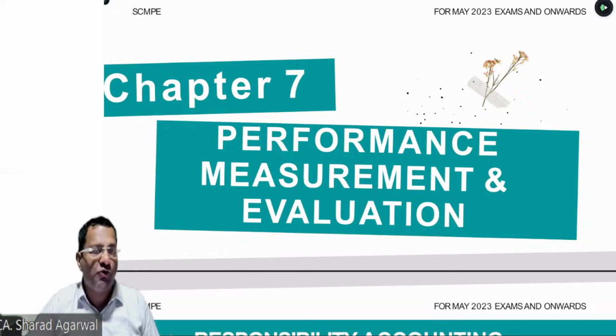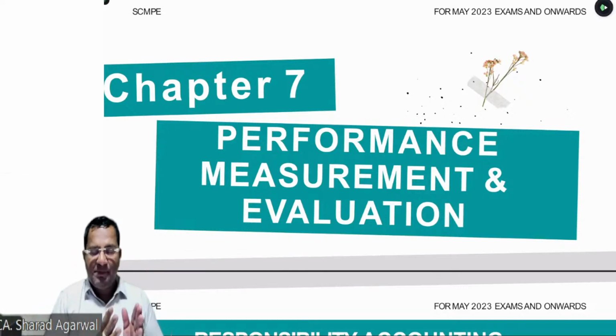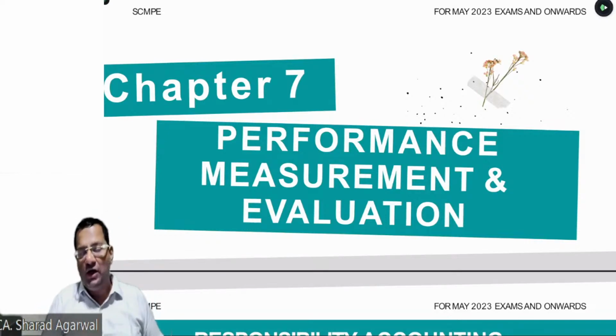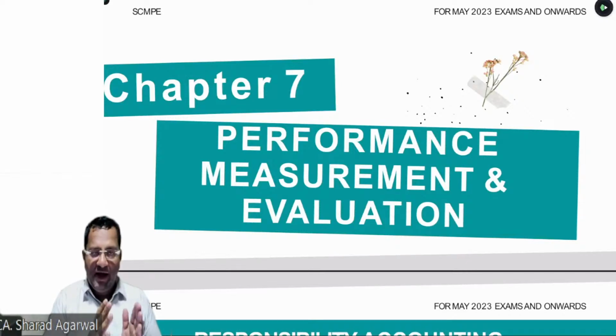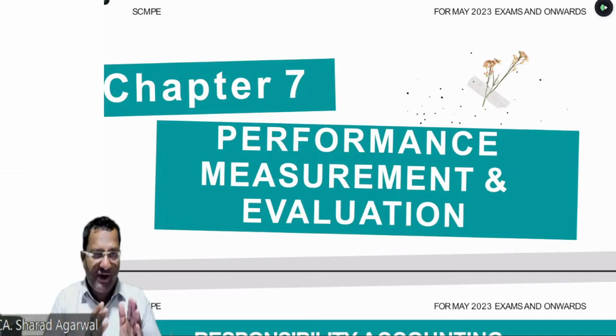do not require the accounting profit for measuring the performance. We require the cash profit because cash profit cannot be altered by the accountant. Cash profit is also known as economic profit. So the basic funda behind the evolution of economic value added is that all the manipulation should be set apart and we should take the cash profit, that is the economic profit, to measure the performance of the departmental head.